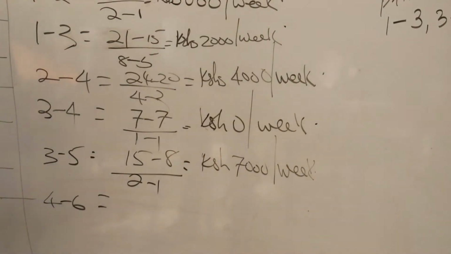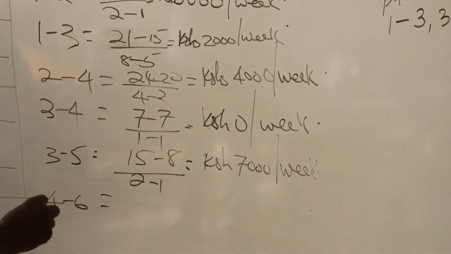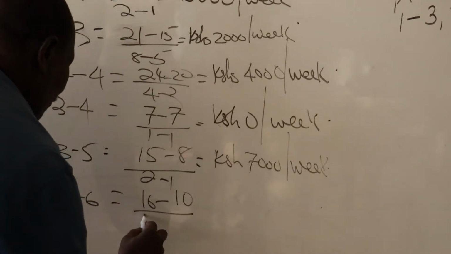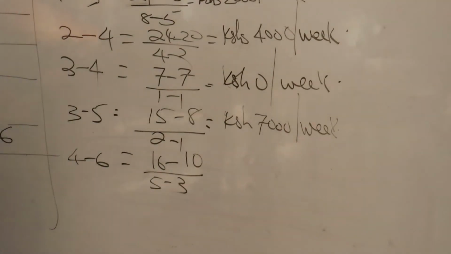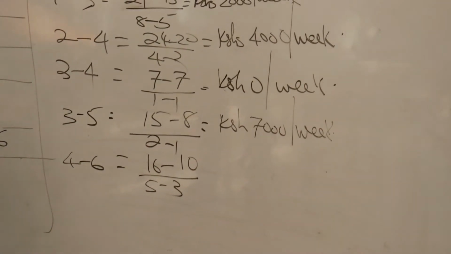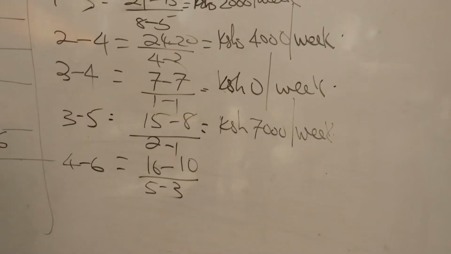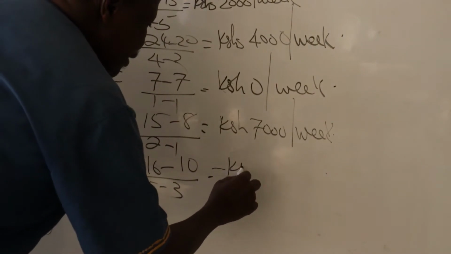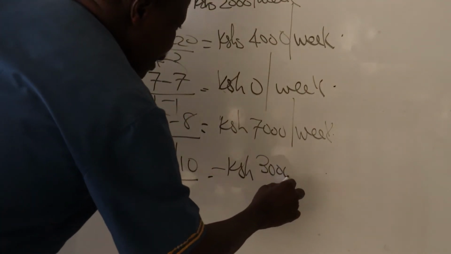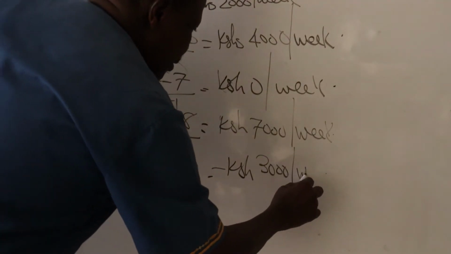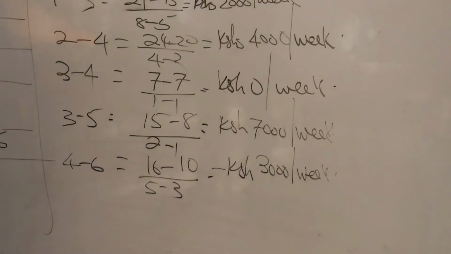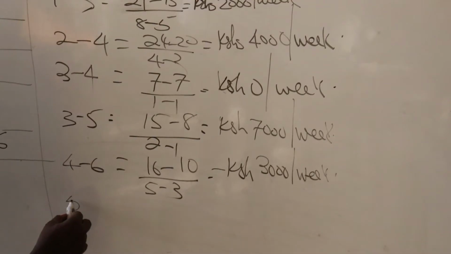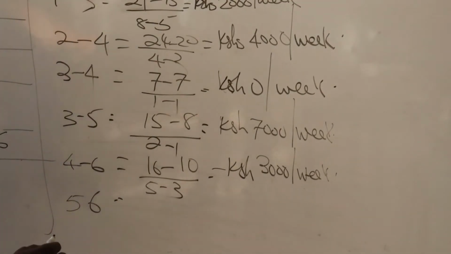The cost slope 4 to 6 is 16 minus 10 all over 5 minus 3. That is 6 divided by 2. That is giving us Kenya shillings 3,000 per week. Then the cost slope for 5 to 6 is